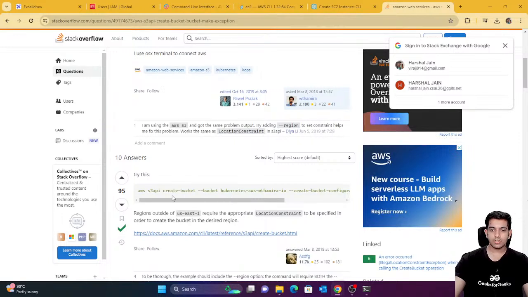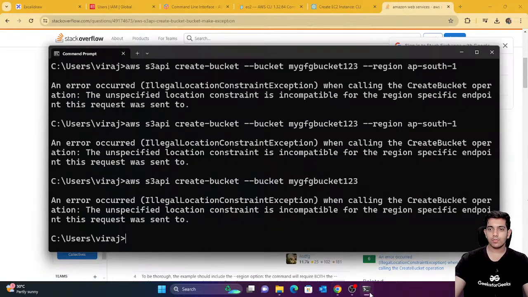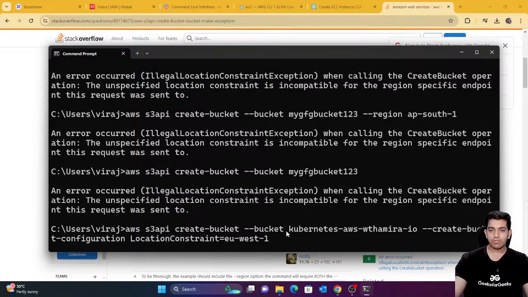Someone has mentioned what the error is: create bucket, then the bucket name, and then create bucket configuration, location constraint, requires the appropriate location constraint. So if you are using some other region, you have to write it this way. ChatGPT actually shows it for only US, that's why we got one problem. So if I write the